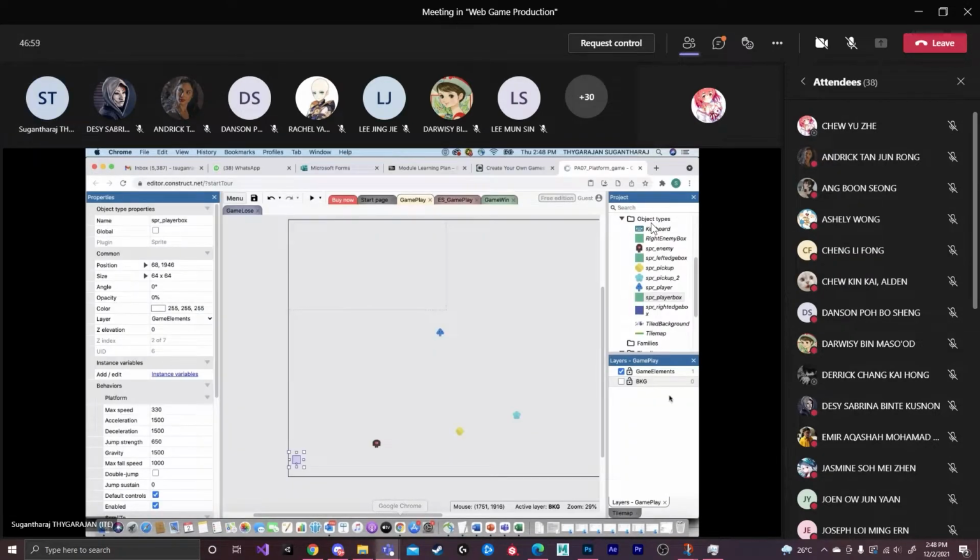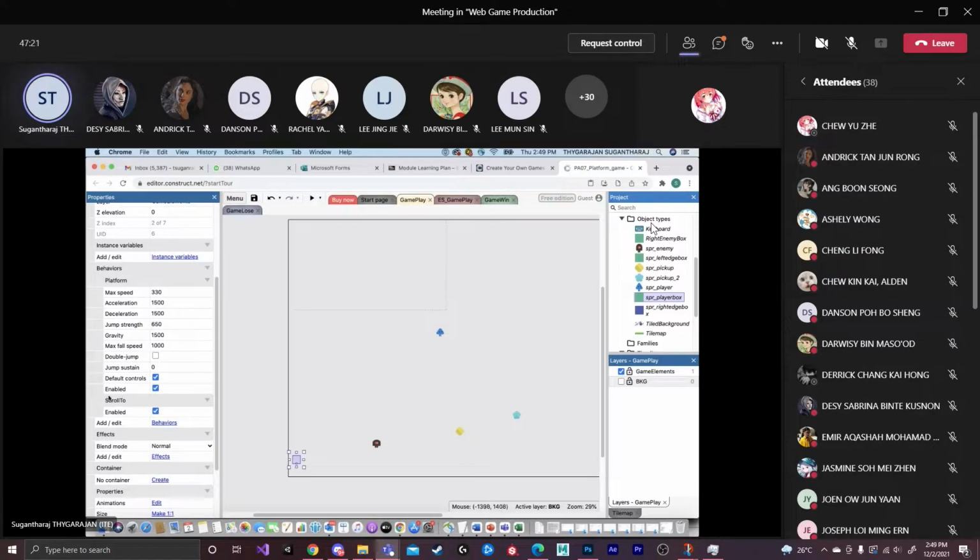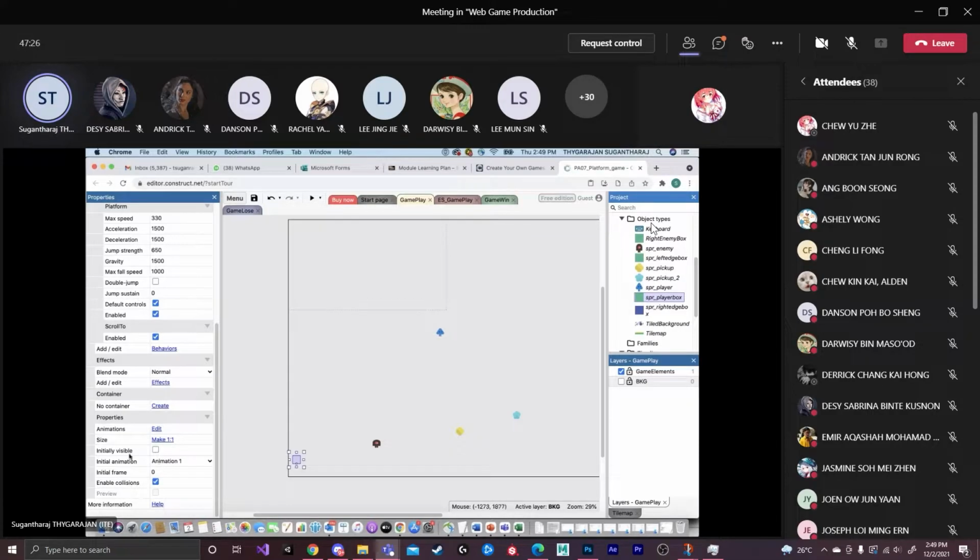Okay, so once you create the box, the SPR player box over here, you have created this one. Now the properties, as I said, you need to include the platform behavior and the scroll to behavior, and then there is the initially visible, this one you need to uncheck so that when we start our game it won't be there, it is invisible.